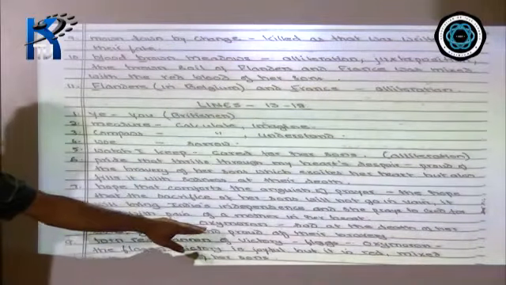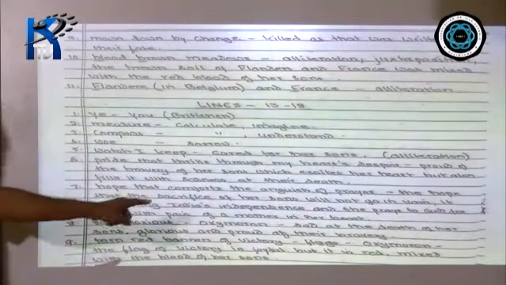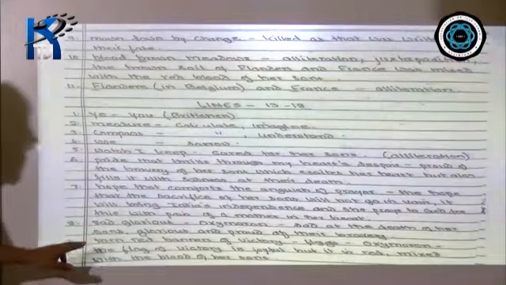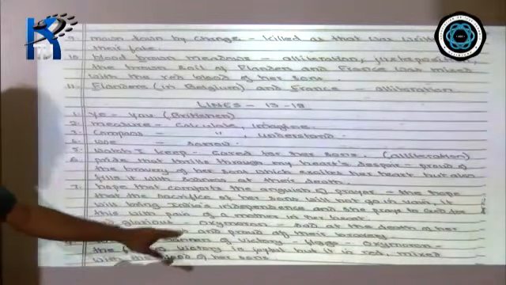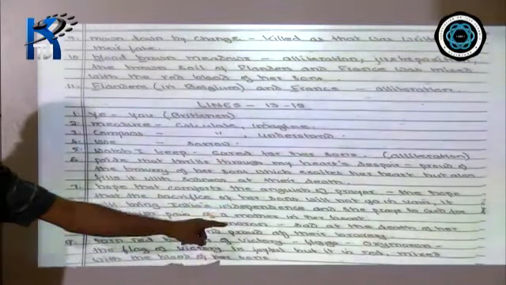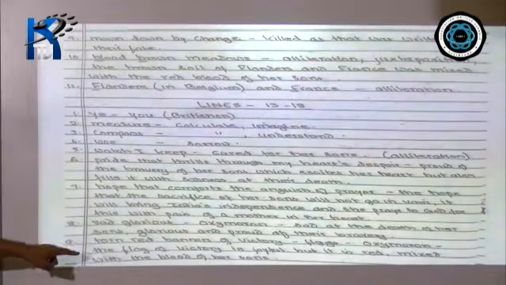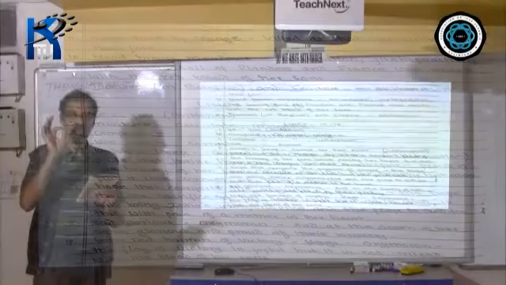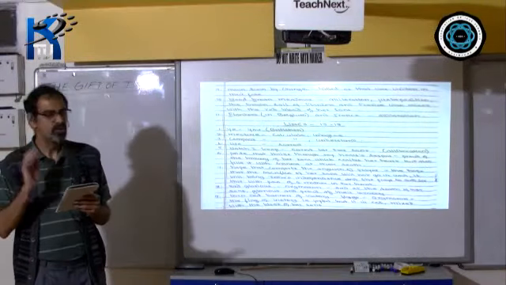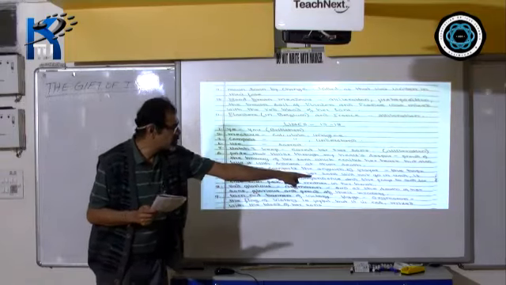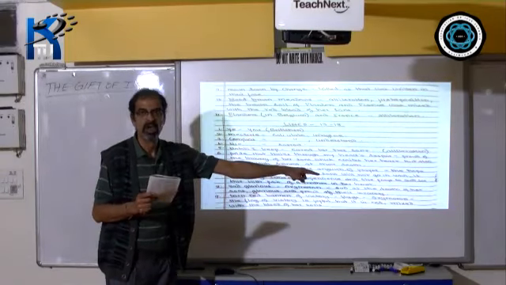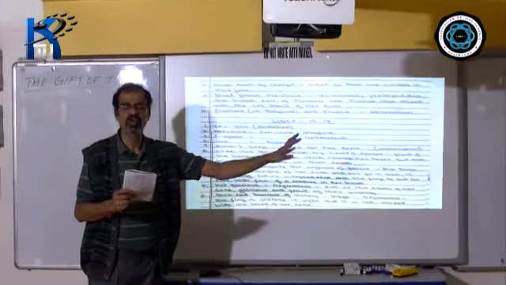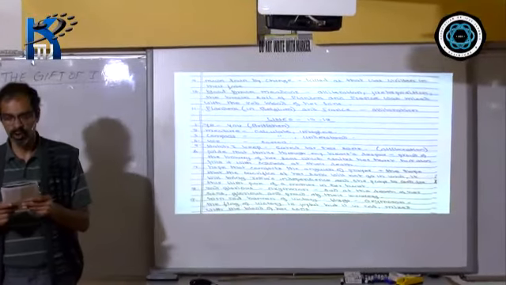Torn red banners of victory. Banners meaning flags. I told you, the flag of victory is joyful, but it is also red because it is mixed with the blood of her dead, martyred sons. In all these, my dear students, in these lines you find the figure of speech oxymoron, where opposite words, thoughts or ideas have been put together.